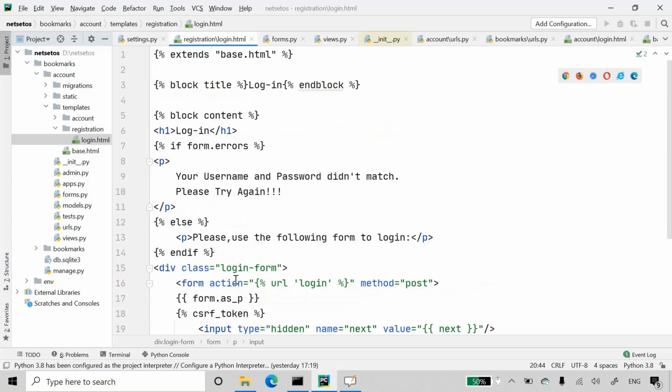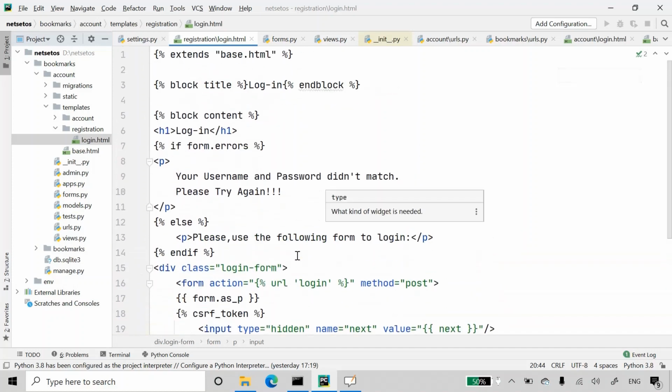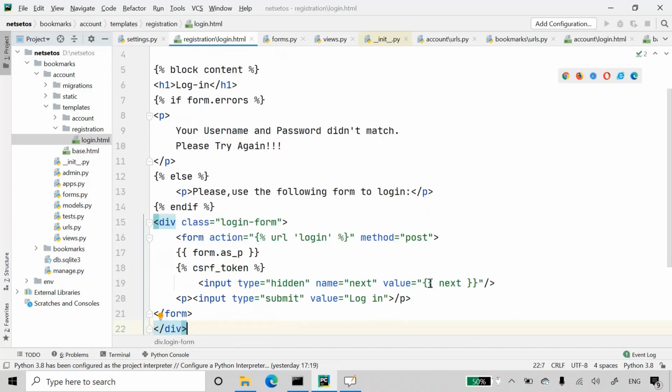So basically this login template is quite similar to the one which we have created before for the account HTML. But here Django uses the authentication form, which is located at django.contrib.auth. This form is trying to authenticate the user and raises a validation error if the login is unsuccessful.